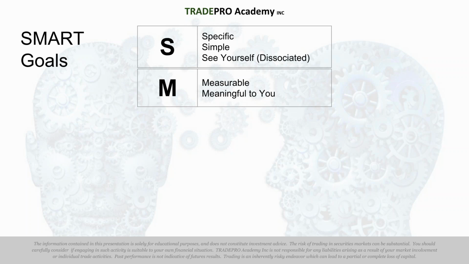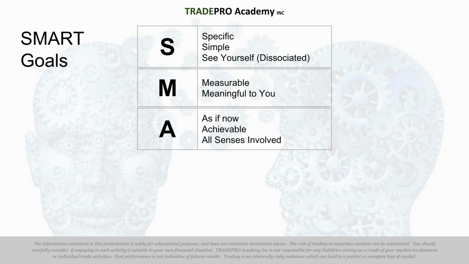If it's not meaningful to you, if your family's told you all along you have to work for a big bank and you have to value stability, and you say, I want to be in a stable job, is that meaningful to you? Probably not. It's not a good goal if it's not meaningful to you. And people ask me, well, how do I know if it's meaningful to me? If you have to ask, the answer is no, it's not. Simple.